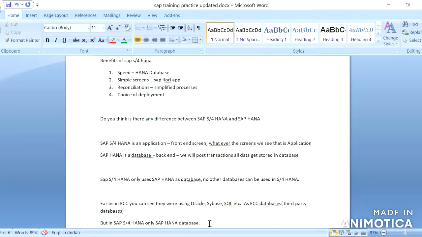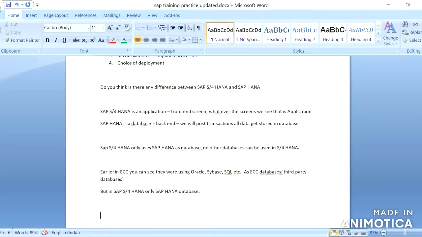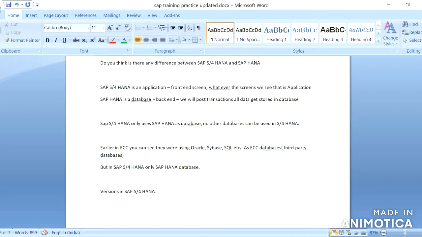So now let us see what are the versions in SAP S/4HANA. So in ECC, do you know what are the versions? In ECC, it is 6.0.